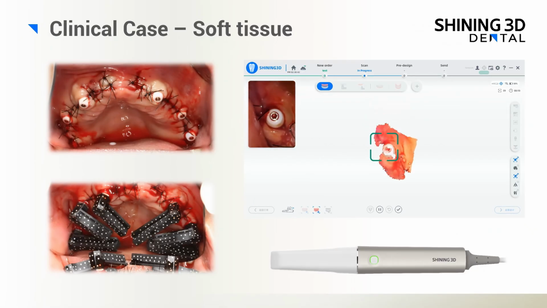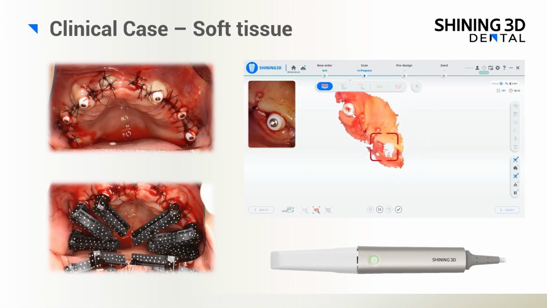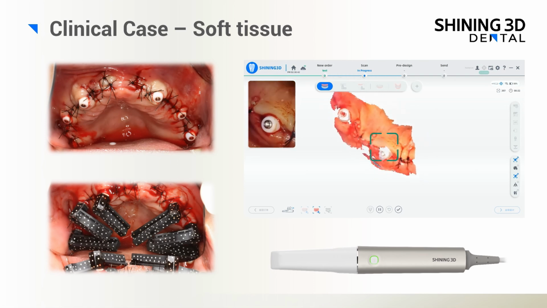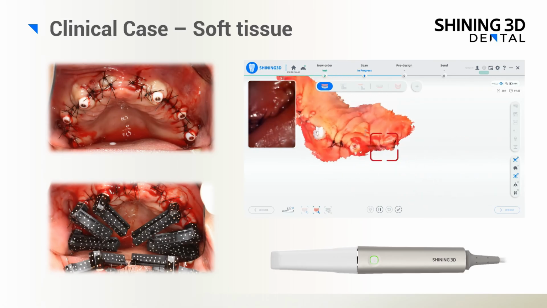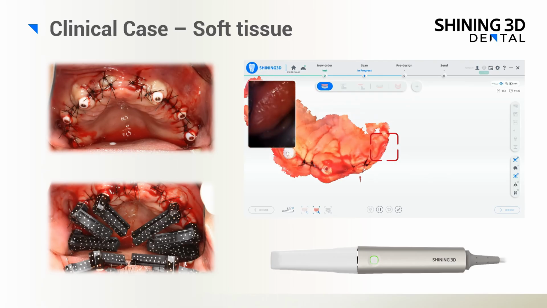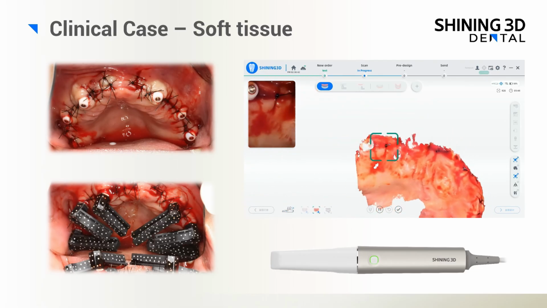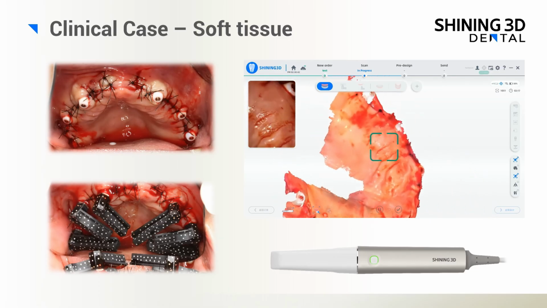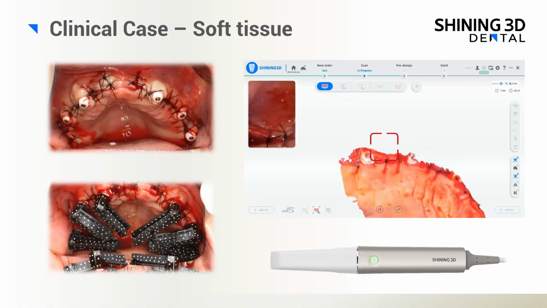You can see that the doctor is using the Elite to scan post-operative soft tissue. Even with blood interference present after surgery, the Elite is still able to quickly capture edentulous data, thanks to the continuous optimization and upgrades of our software for edentulous scanning. In this immediate loading case, the goal was to chairside 3D print a bridge without tie base, placed directly on